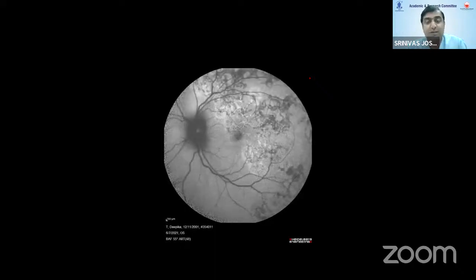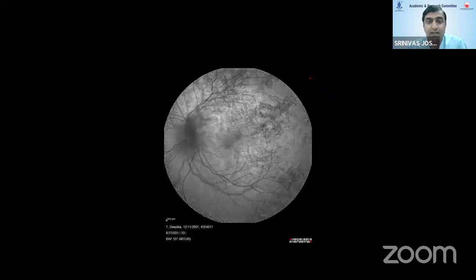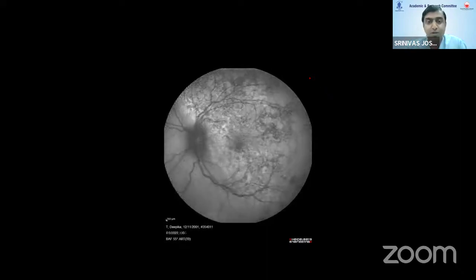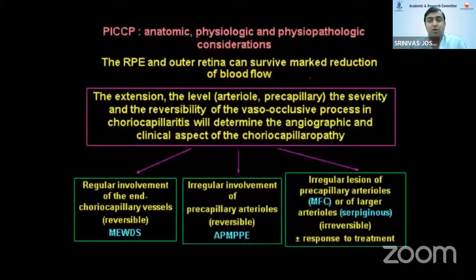And if it is associated with MFC or serpiginous-like choroidopathy, I think it is always better to add ATT also along with the pulse steroid and the oral steroid. So here, in spite of adding these, you can see the relentless disease progression in these kind of SLC-like cases. So lastly, I would like to conclude with this slide that in case of MEWDS, there is a regular